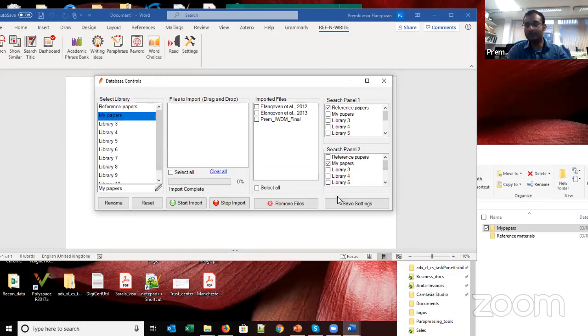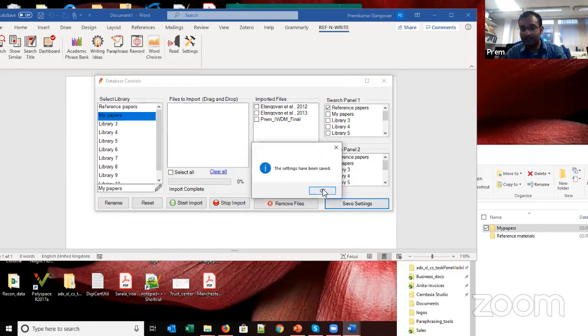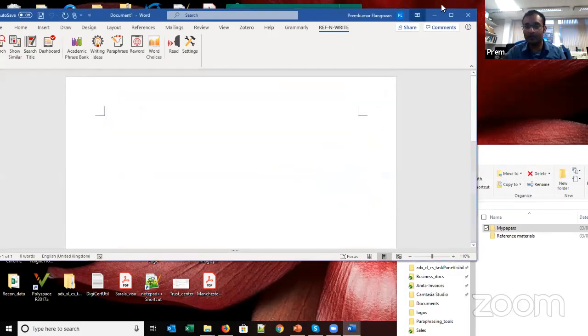There are 2 panels that will pop up from the bottom with search results when you search for something in REFNWRITE. So what I'm saying here is, can you show me results from reference papers in search panel 1, and results from my papers in search panel 2, right? And I'm saving the settings.